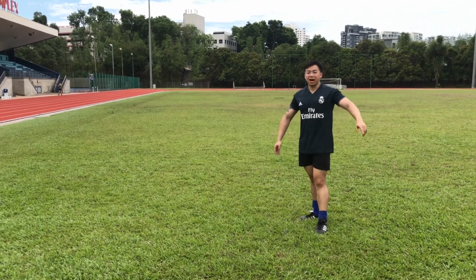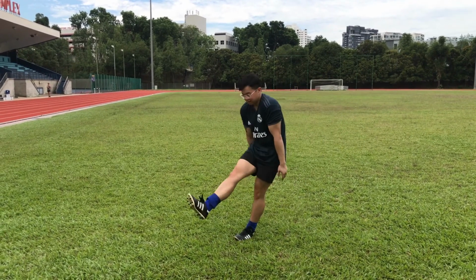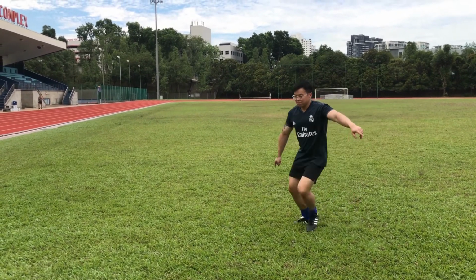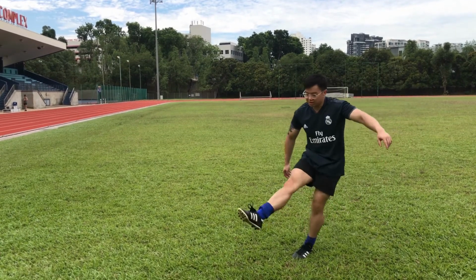Lastly, the arms. Always open up your body. Don't be so stiff. It looks very awkward and you lose your balance. As you open up your arms naturally, you gain balance as your foot leaves the ground and leans towards the